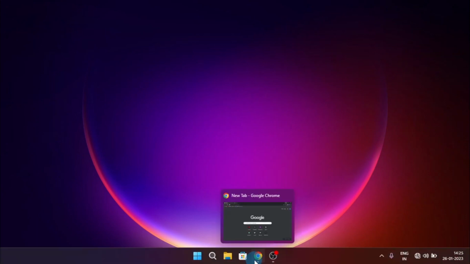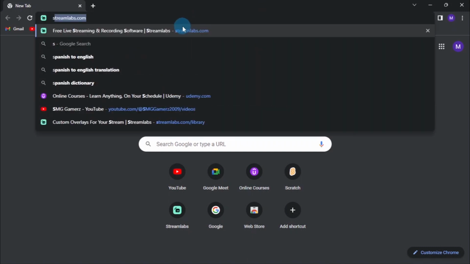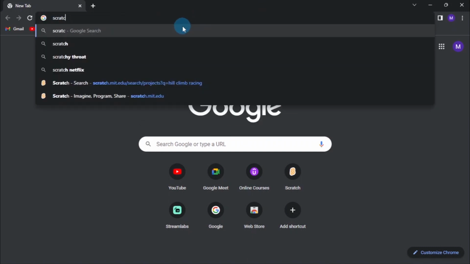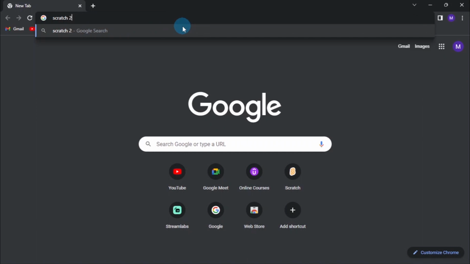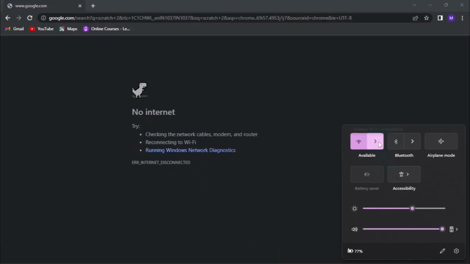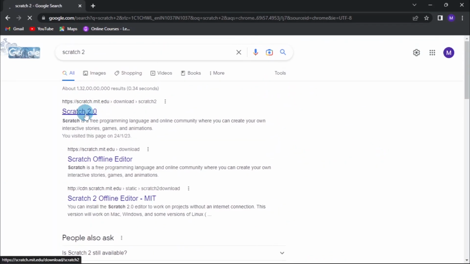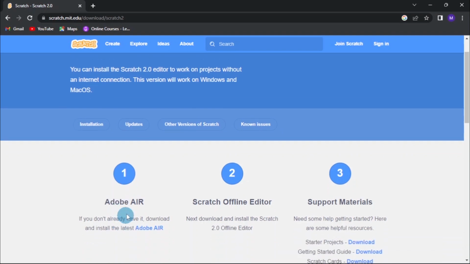So just need to open any favorite browser. I'm opening Chrome, and here you just need to search Scratch 2 and press enter. Okay, so just connect your network. You will land on this, and here you just need to click Scratch 2. Okay, so the official site will open, and here you can see what all we need to download and install